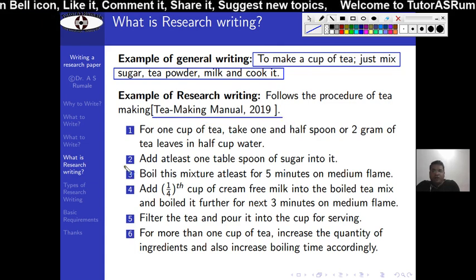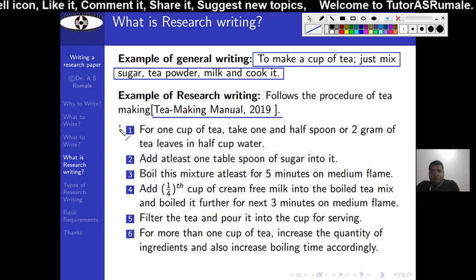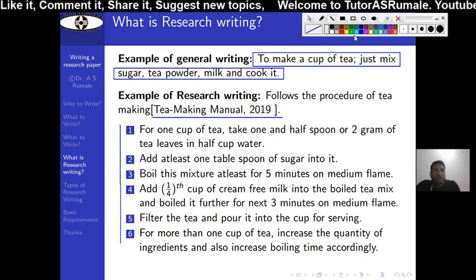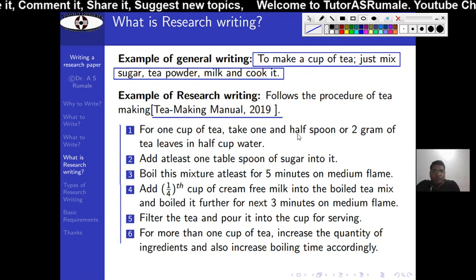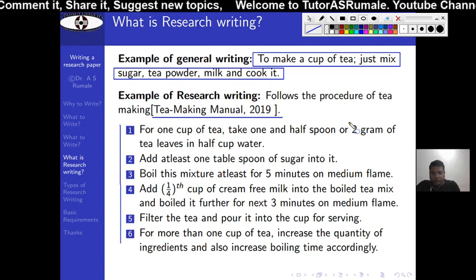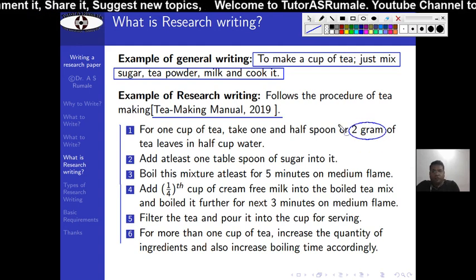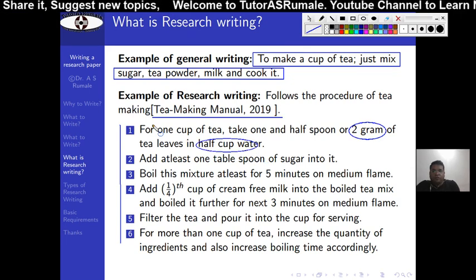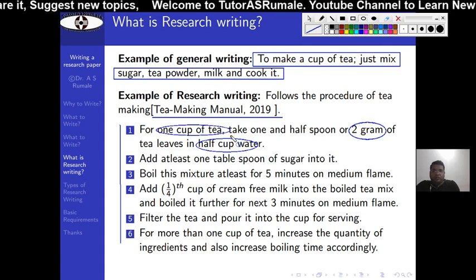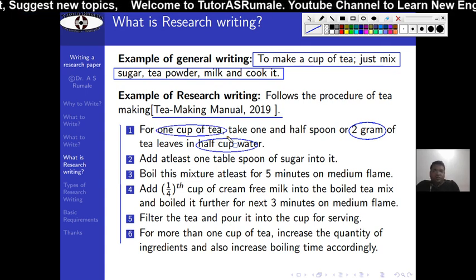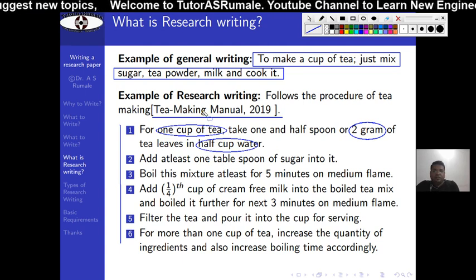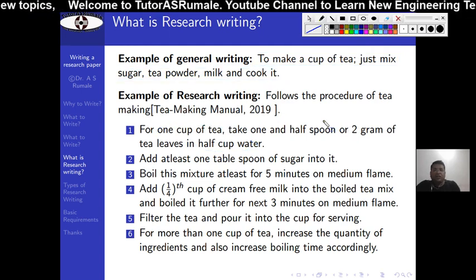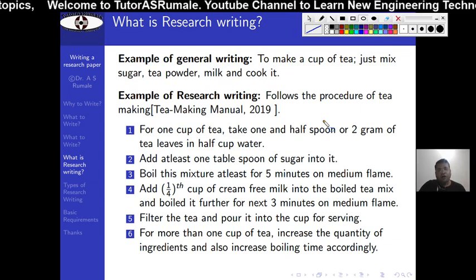Then you have to give the stages, every stage, 1 to 6, a step-by-step procedure. You also have to give everything countable or measurable, there is no space for ambiguity. For 1 cup of tea, what you require to mix. If you see, this entire thing is different and more difficult than the other. So research paper writing is not difficult. What is difficult is to master the language of the scientific genre.